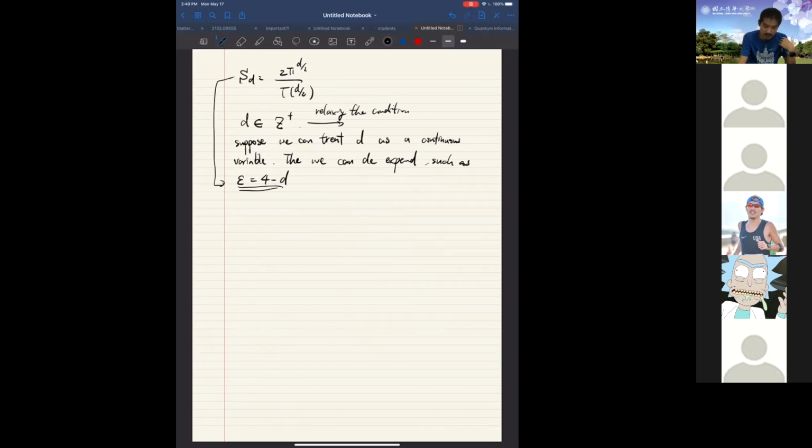We can basically extrapolate the behavior of some kind of correlation function or some kind of observables in d equals 4 by considering d as a continuous variable. That is the typical idea. There's a lot of ways to do it. Other people did this kind of expansion too, treating dimension as a continuous variable, for other